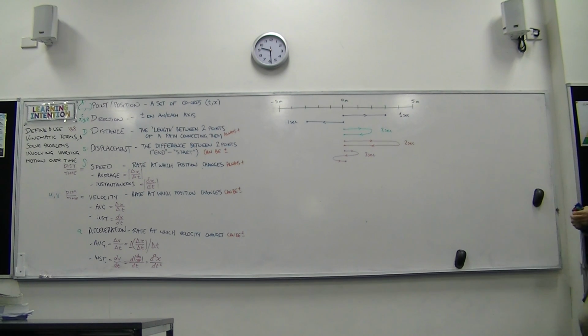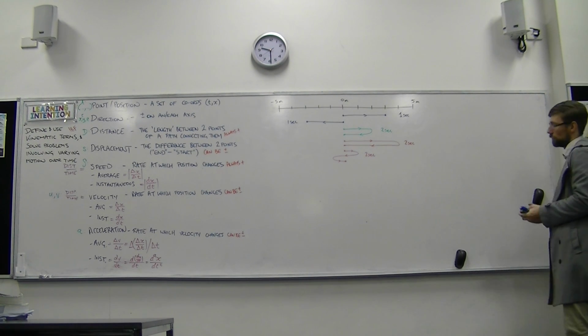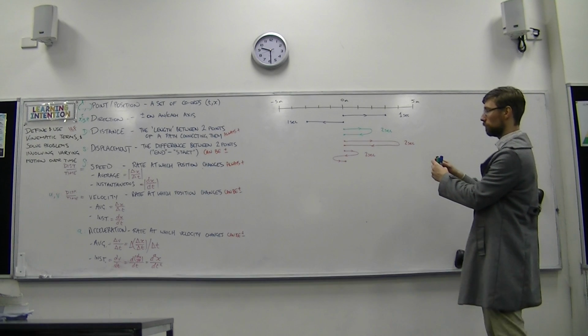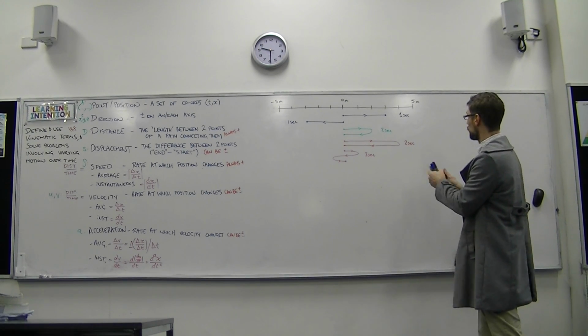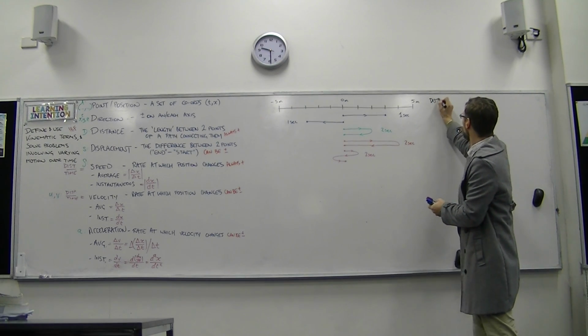Okay. We're going to start from the top and work our way down. So starting at purple. What distance did this object cover? 3 meters. Actually, hang on. I've got to write all my list. Distance